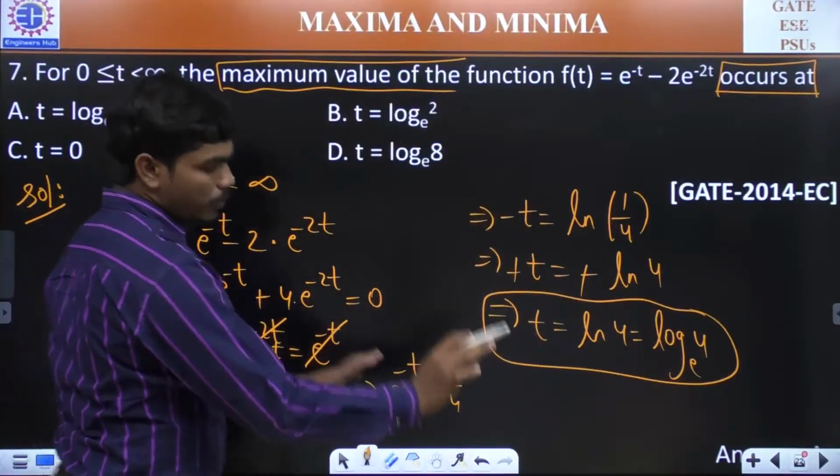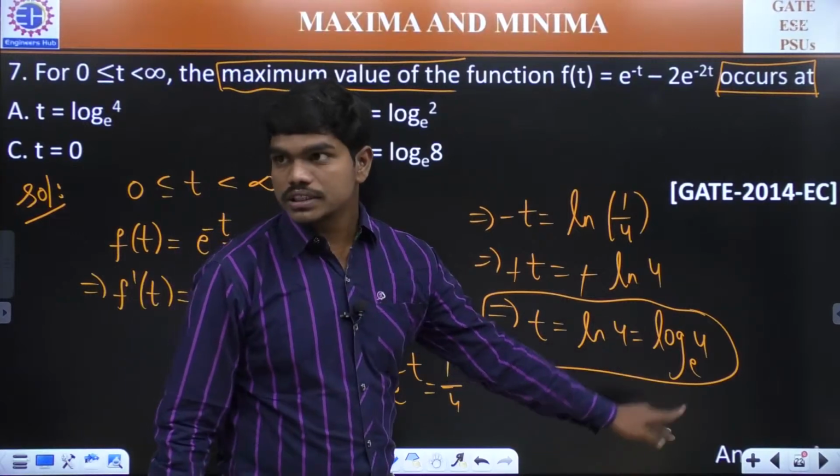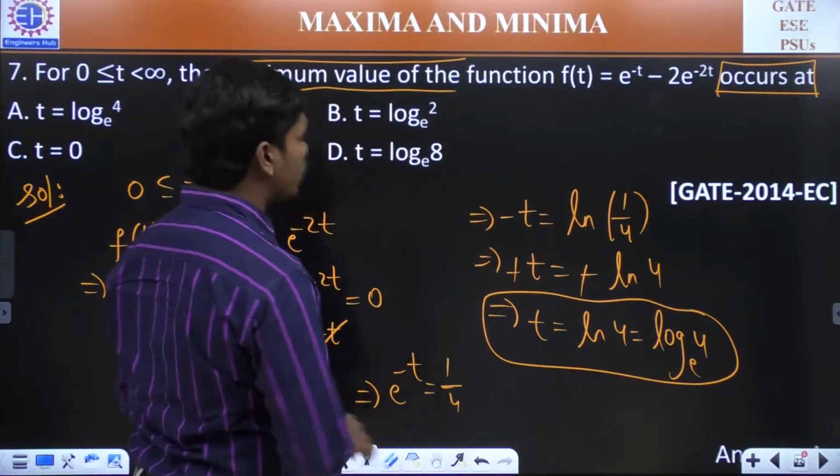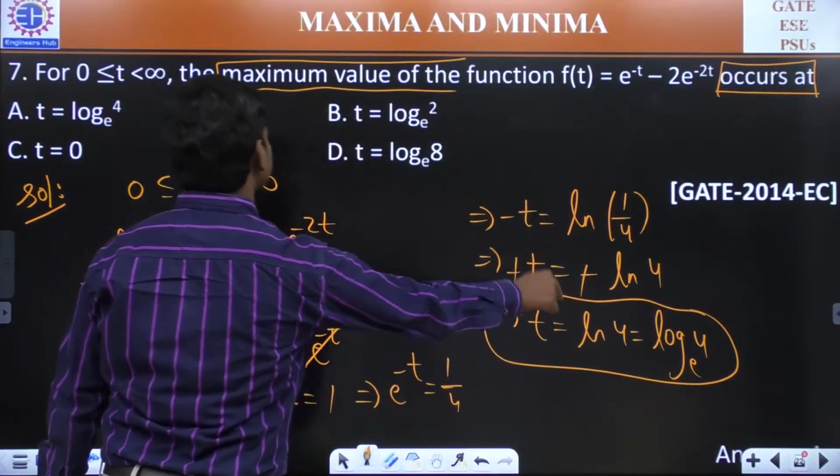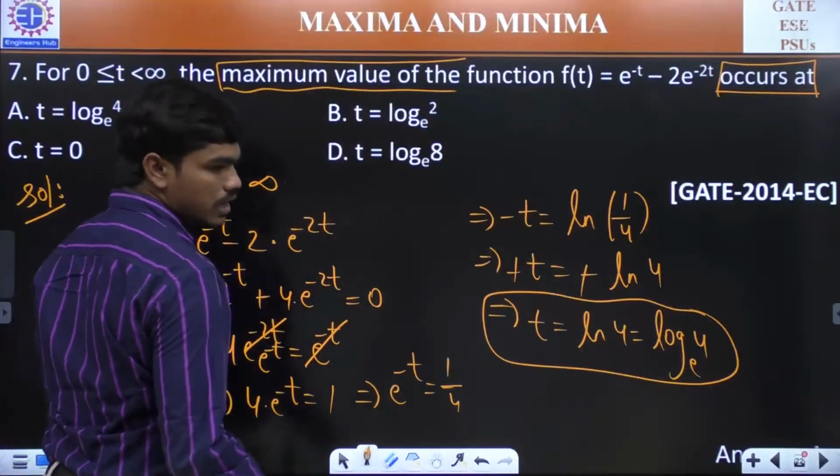And normally you need to go for a second derivative test, then you need to substitute this point, and you need to know whether the second derivative at the stationary point is less than 0 or not. But since